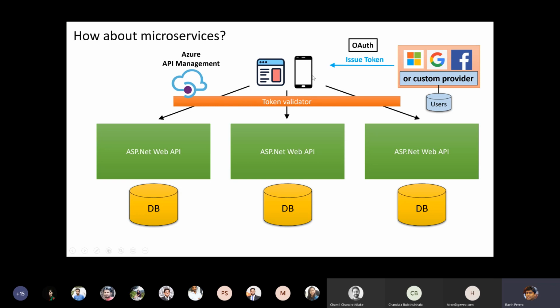If this OAuth token is invalid, expired, or for some reason unauthenticated, it will not pass through the request. So this is performing exactly the same thing as that previous ASP.NET middleware, but now we have moved that out and offloaded that work to Azure API management without writing any code.